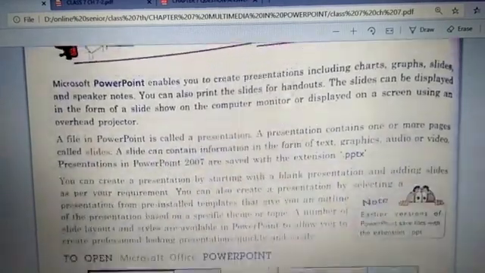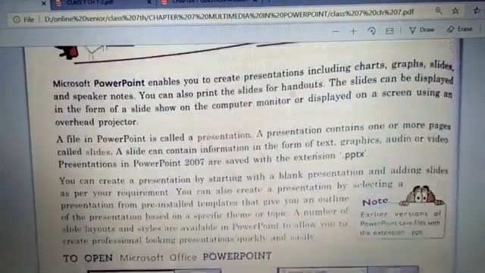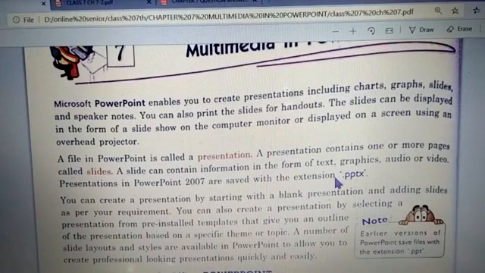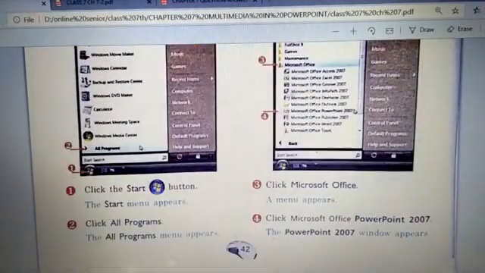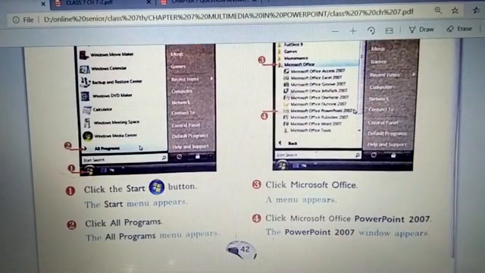So you need to learn all those things, and like what would be the extension of PowerPoint? It is PPTX, right? So these things you need to learn. And how you will do? You will read the chapter thoroughly, then only you will remember. Okay, children? So this is how you will prepare for fill-ups. Now we will move on to question and answers.